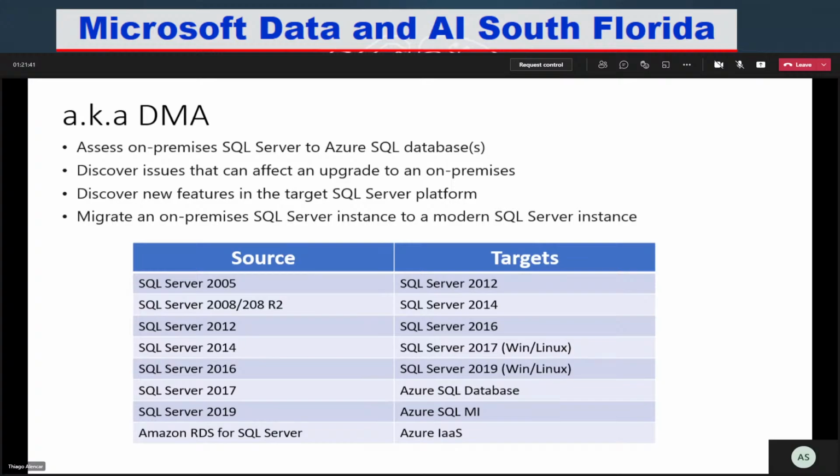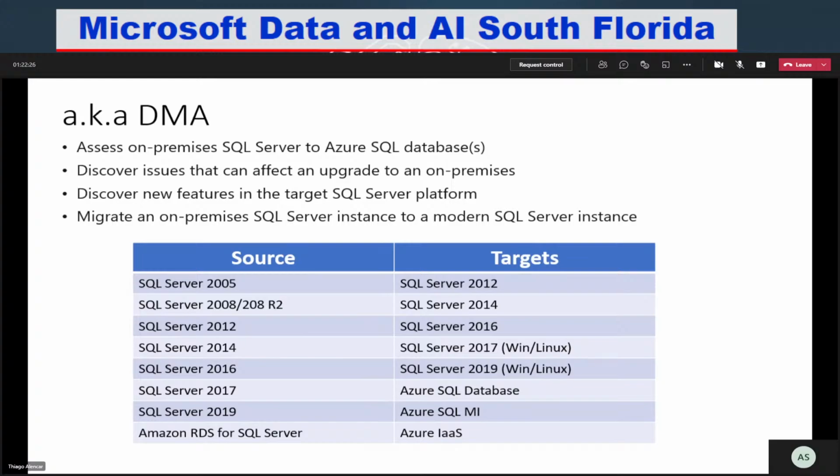Basically, when you are talking about assessment, the DMA has two main categories. The first, if I'm not wrong, is named SQL Server Feature Parity, which provides a comprehensive set of recommendations and alternative approaches available in Azure. It compares what features can be used in our target servers, plus compatibility issues. These categories identify what might break during our migration. I'm going to show you